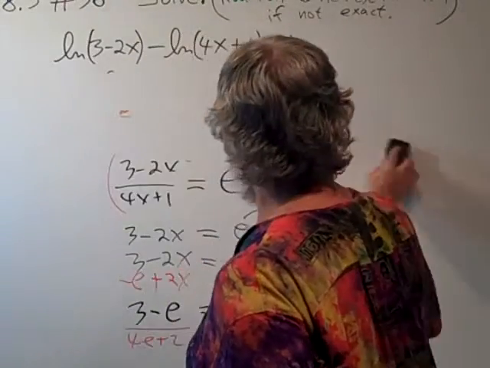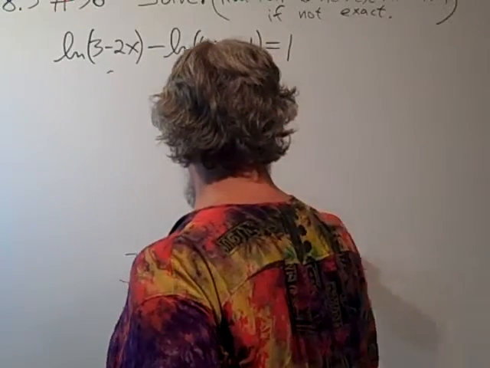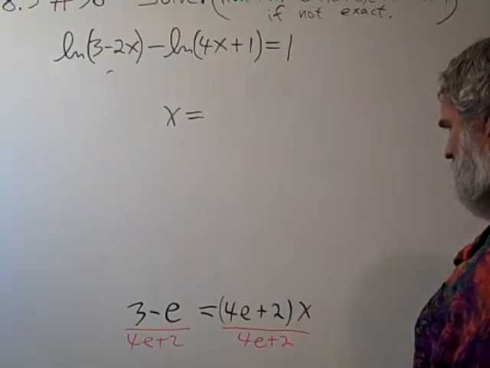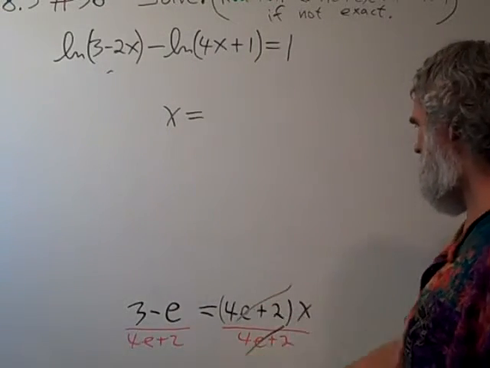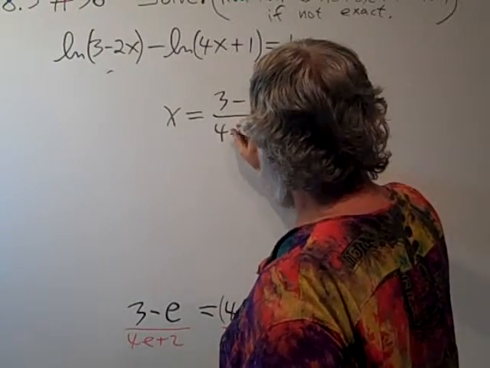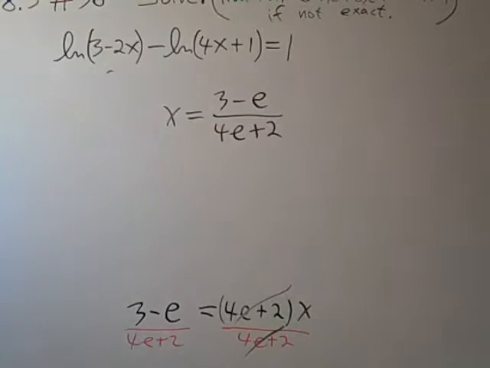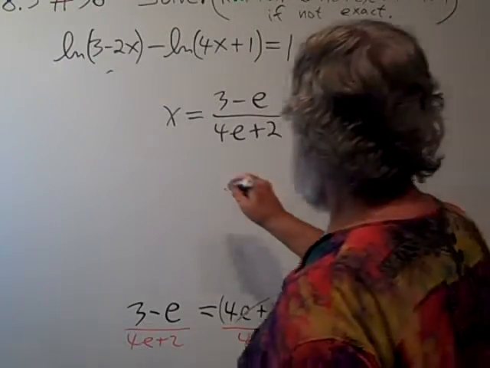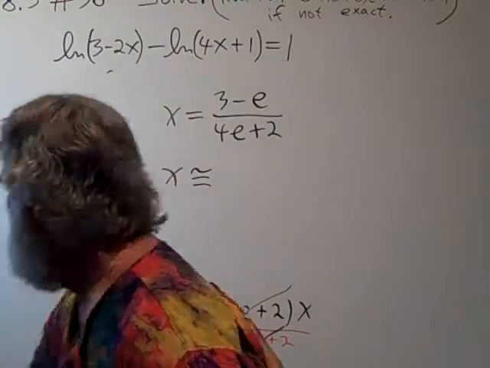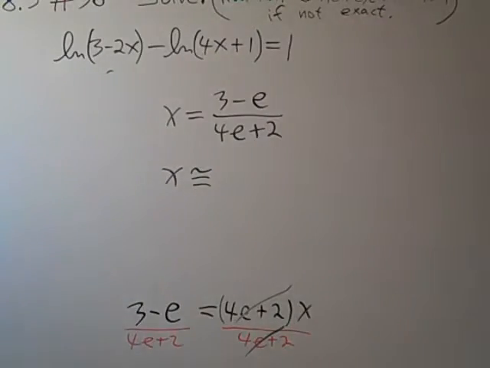We find that x is equal to, these cancel, so we're left with (3 minus e) divided by (4e plus 2). And so we go 3 minus e